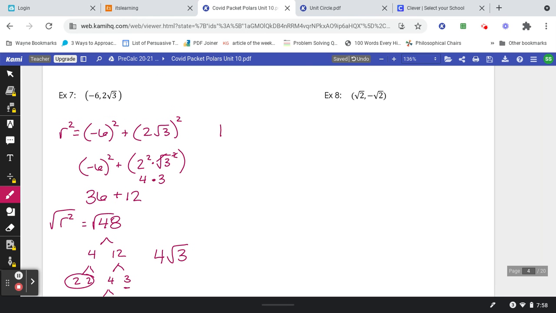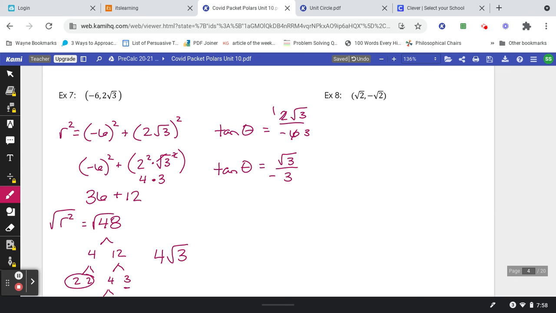Meanwhile, in your tangents, y over x, we're going to reduce or cross cancel here. The 2 and the negative 6 can reduce. Both of those can be divided by 2. So that cancels out to a 1, that cancels out to 3, and now I'm left with radical 3 over negative 3,